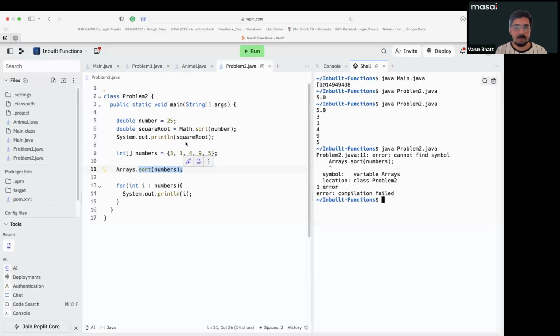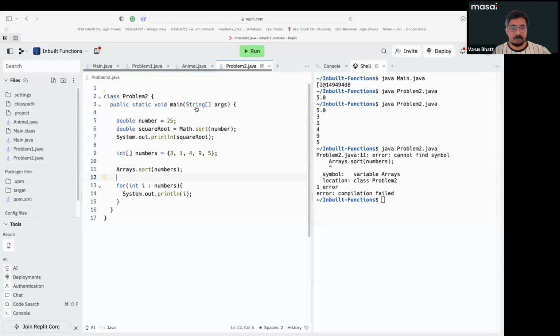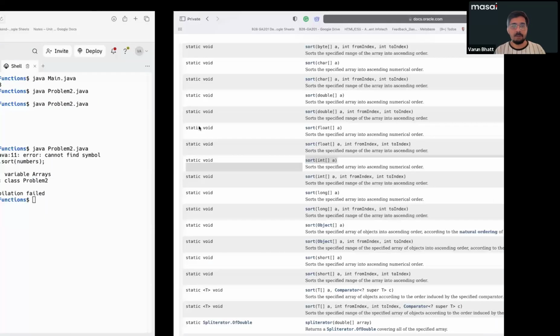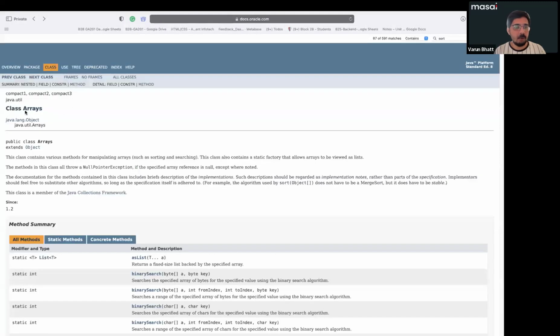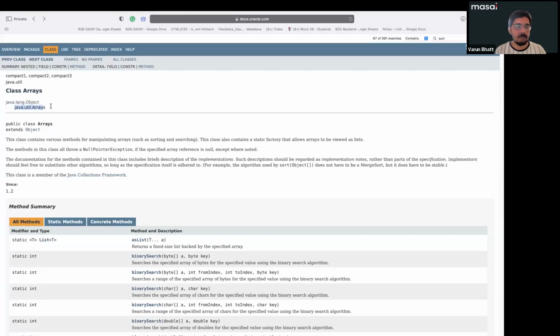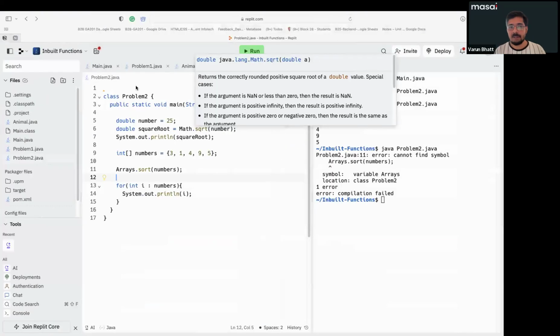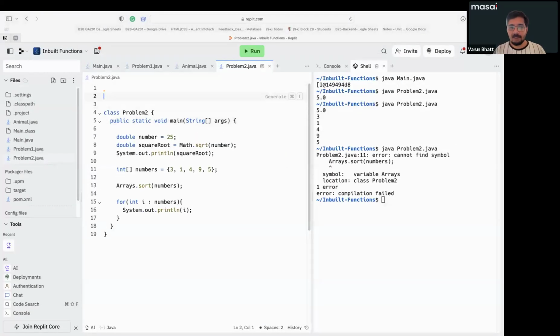Arrays dot sort. Do I need to import the class? So basically what I need to do is, sometimes it is not available by default. Remember one thing, guys, sometimes what happens is